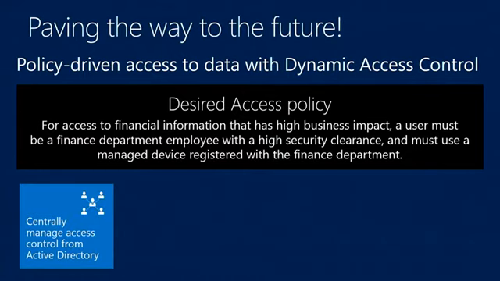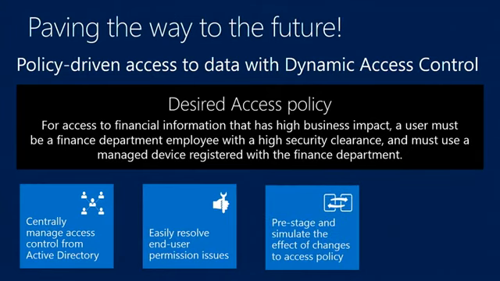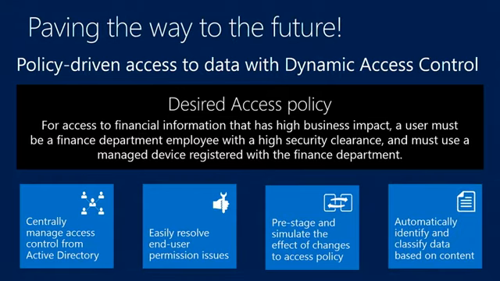Now you can have centrally managed access control from Active Directory to set up these policies for the ifs and the ands. You have an easy way to resolve end user permissions to test it to make sure that it works. You also have the ability to pre-stage and simulate these effects of changes before you implement it to make sure you don't screw stuff up. And you have the ability to automatically identify and classify data on the fly